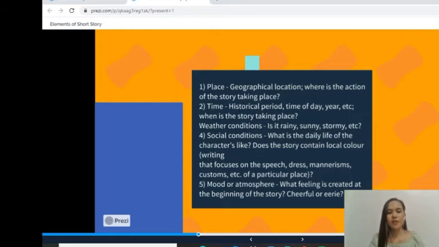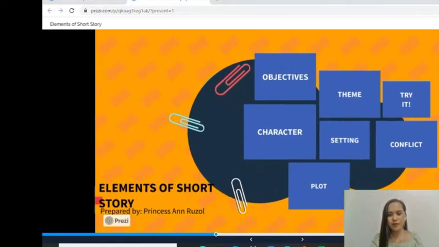Okay, it focuses on the speech, dress, mannerisms, custom, etc. of a particular place. Last one, the mood or atmosphere. What feeling is created at the beginning of the story? Cheerful or eerie, or something like a strange feeling, or is it a happy or joyful one? Something like that. Next, let us proceed to